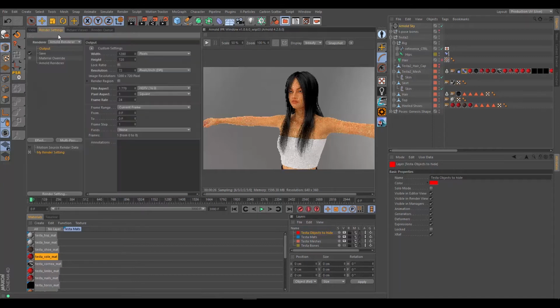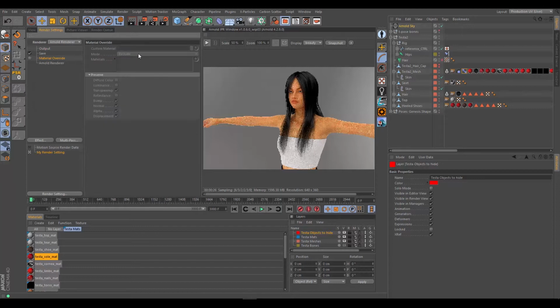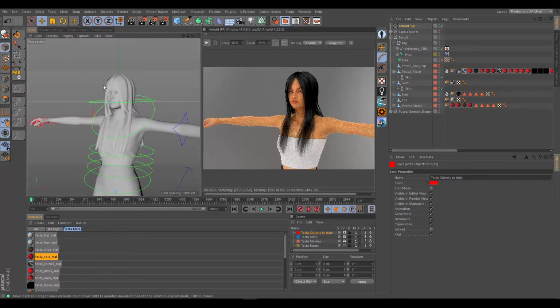Some of the more exciting features that I'm looking forward to him incorporating are the material override, which would allow us to actually put an Arnold standard shader in here, and then for previs, for just quick renders, you can put a standard shader in there and texture everything based on standard shader with all the Arnold lighting, and quickly get something out that you could look at in Premiere Pro or After Effects or